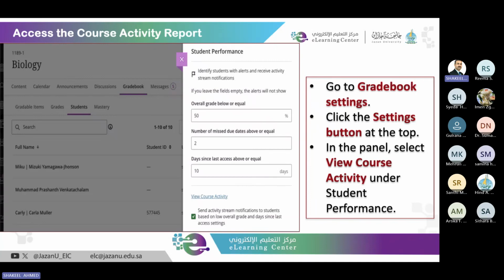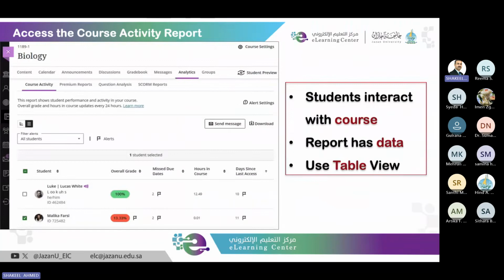This option allows us to set conditions such as when a student's grade drops below a certain percentage, when they miss too many due dates, or when they have not accessed the course for several days. These alerts make it easier for faculty to keep track of the students who may need extra support.